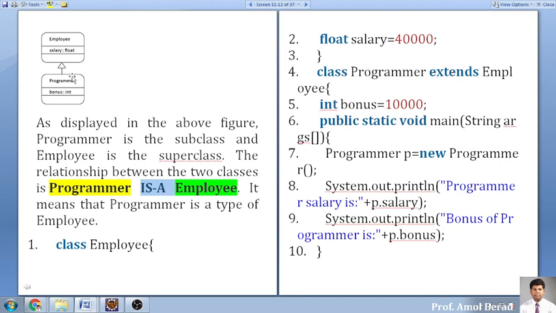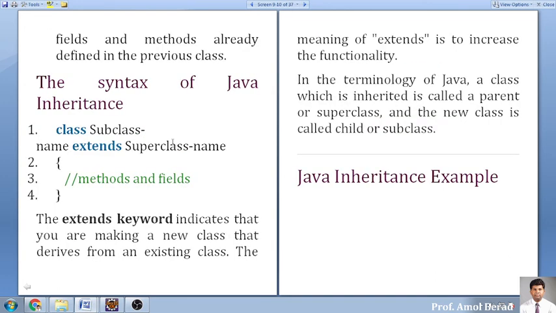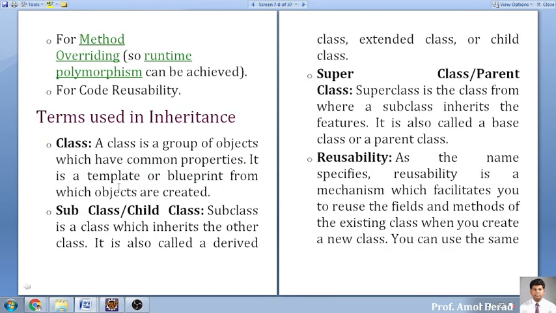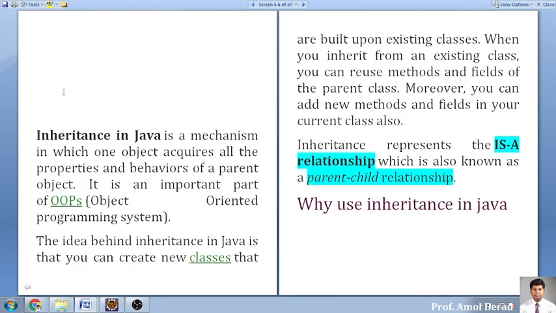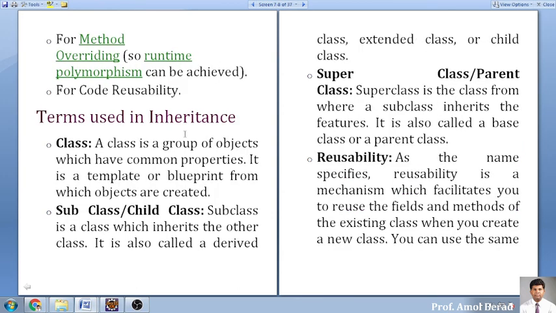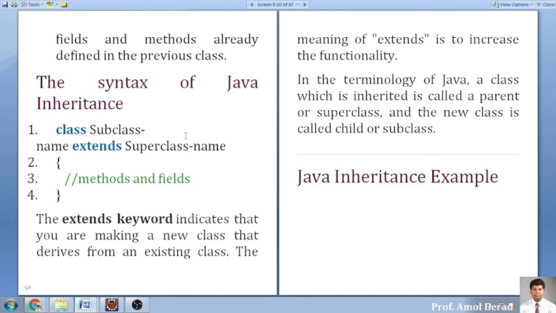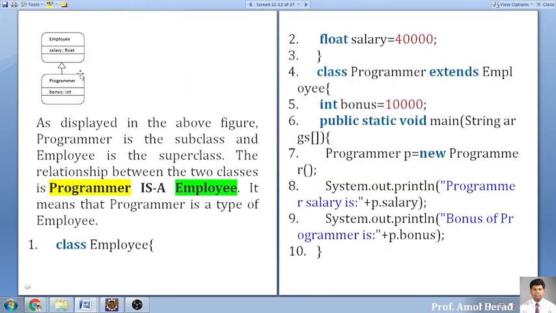The relationship is called an inherited "is a" relationship between the superclass and subclass. This is actually being used, and whenever you use it, you have to use the extends keyword. Whenever we are working with inheritance, we use a keyword, and I want to tell you in this example how to implement it.